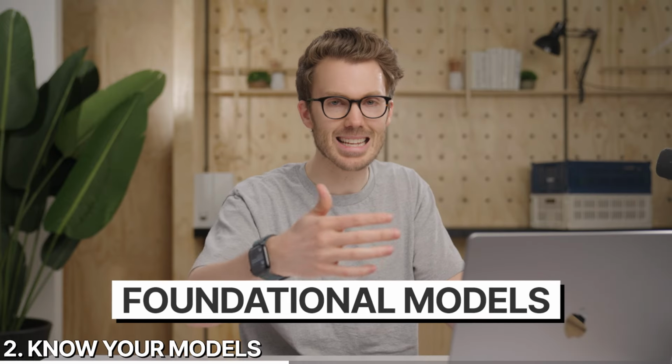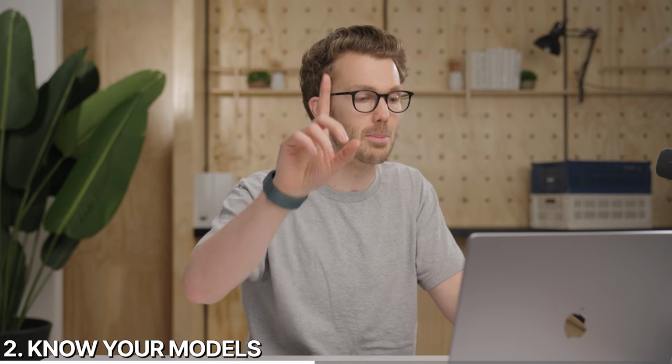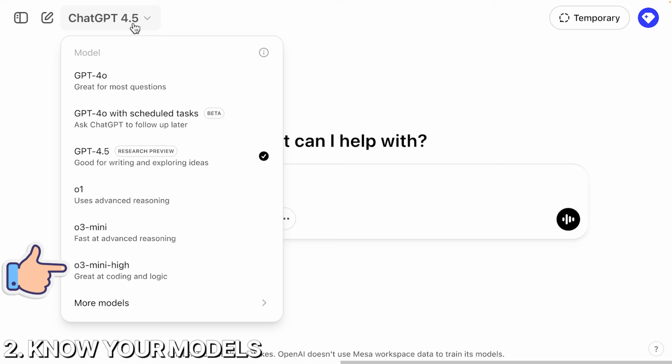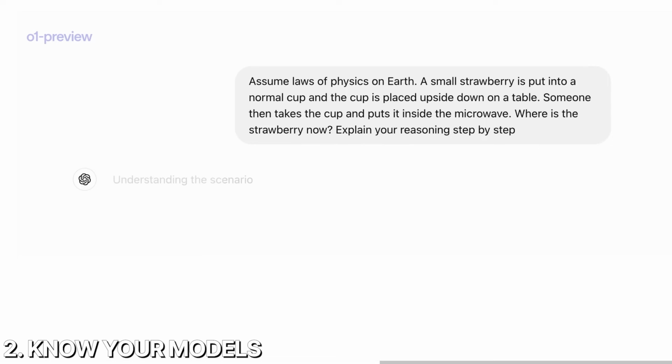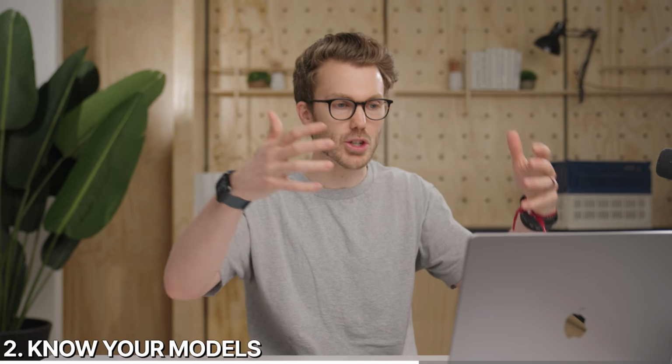They respond instantly, they're good at creative stuff and riffing on ideas, but in my experience, for most business applications, what you really want is a reasoning model. That's what this O3 model is, and the difference is that it takes time to process its response, thinks about it, kind of assesses the information before giving you a more correct and more complete answer. As opposed to foundational models, which are like,